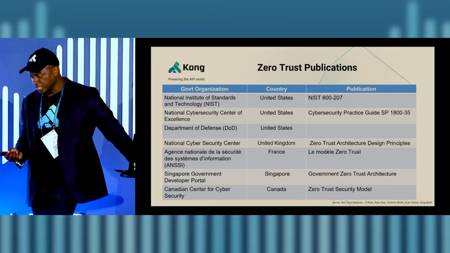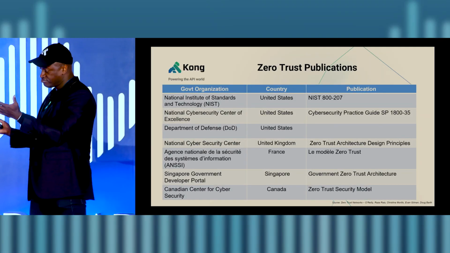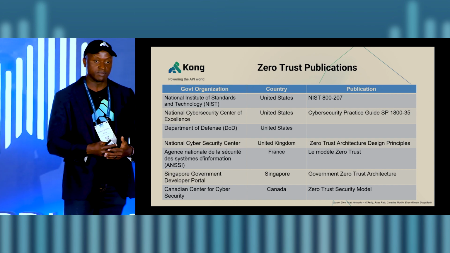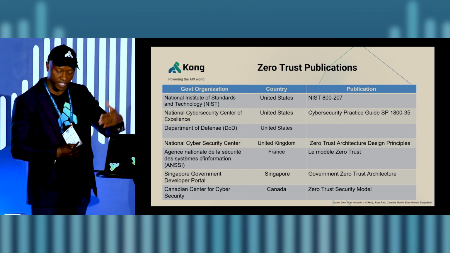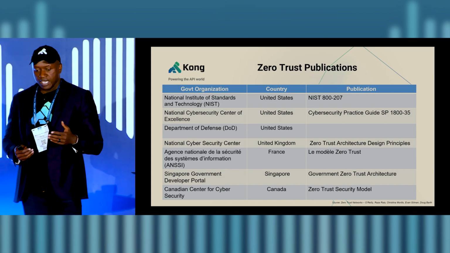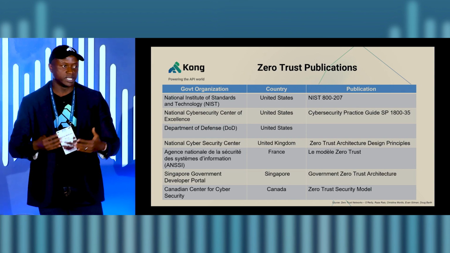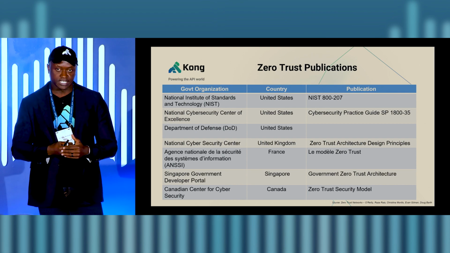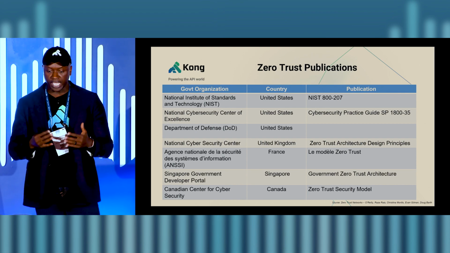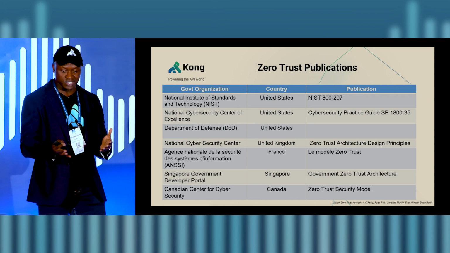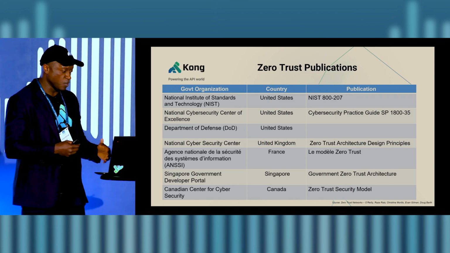So a lot of InfoSec organizations have to deal with this concern, and typically they turn to publications such as those listed on the screen, right? This is something I pulled out of a book that I was reading. And this is just a list of government entities across the world, including many US entities here, that have published publications around zero trust, right? So as you can see, it's a ton of entities, right?